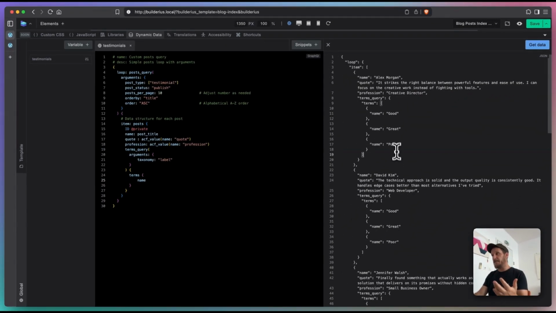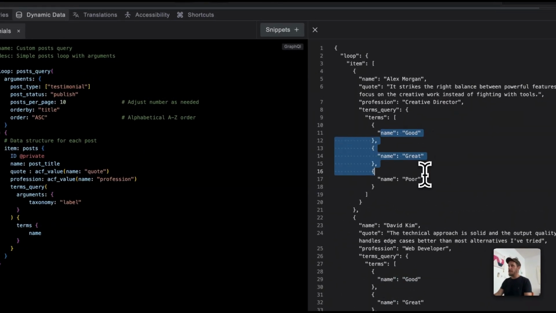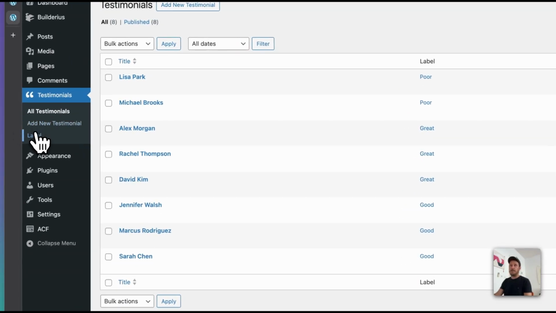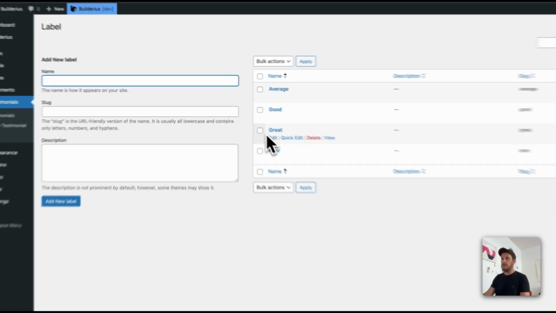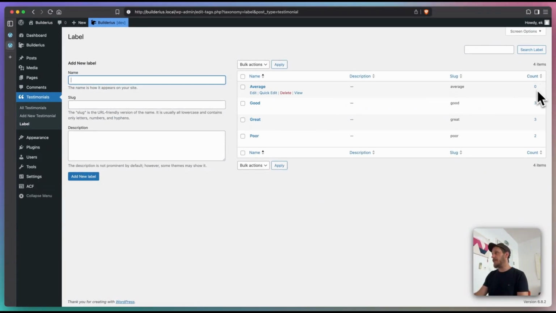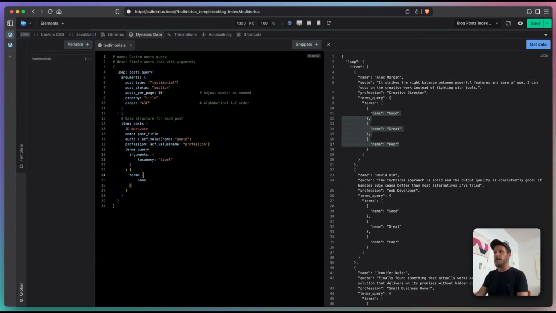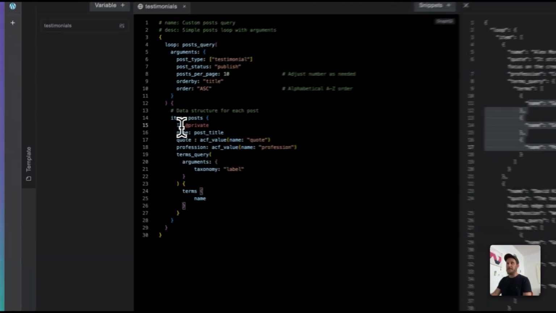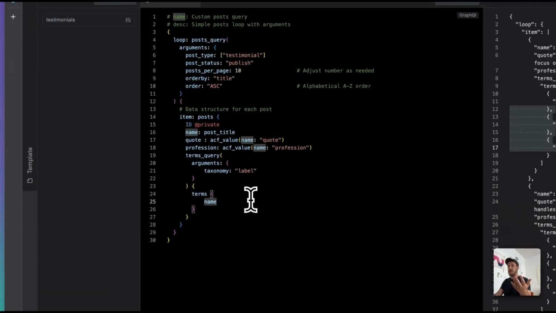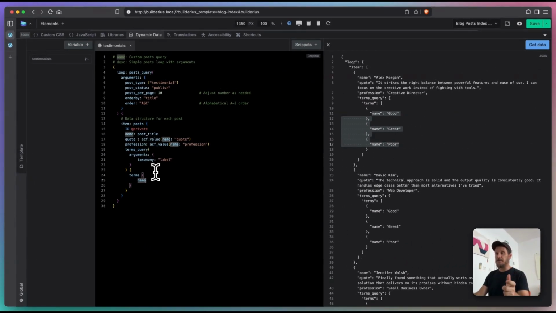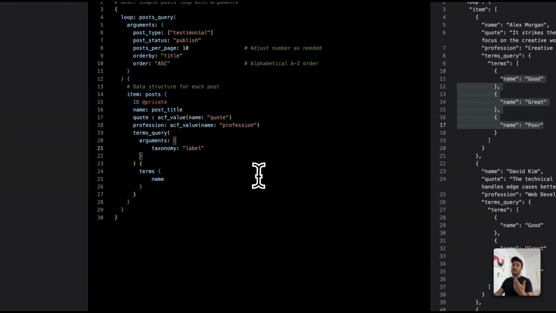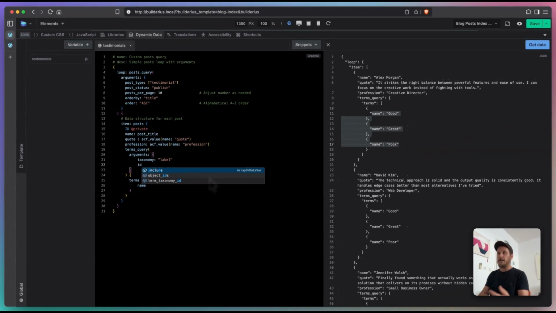Or not entirely. We can see now that every item has all the terms that I have added to this taxonomy. If we come here and look at the taxonomy, we see that we have too many of them. Okay, we don't have the average because it has not been applied to any of the posts, so it's not showing. Otherwise, all of them, right? So how do we make this better? So what I will do, I will use this ID. So I can use this ID to identify the post and provide the relationship between the terms and the post. So after taxonomy, I can just type ID,